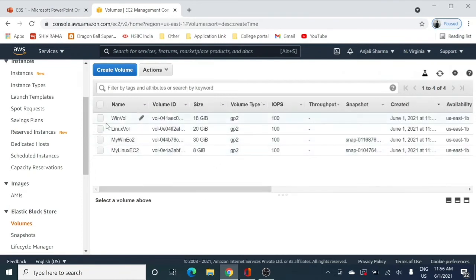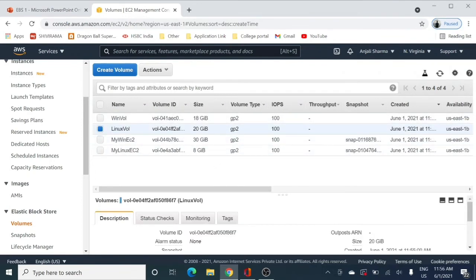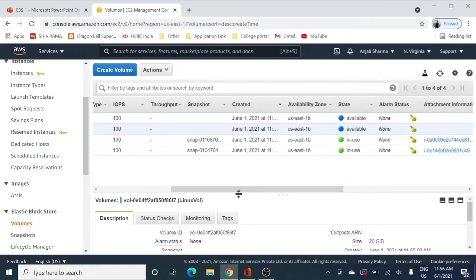So now what we can do is click on our Linux volume, because they are available but not in use, right? For changing the state from available to in use, I have to attach this volume to an EC2 instance.